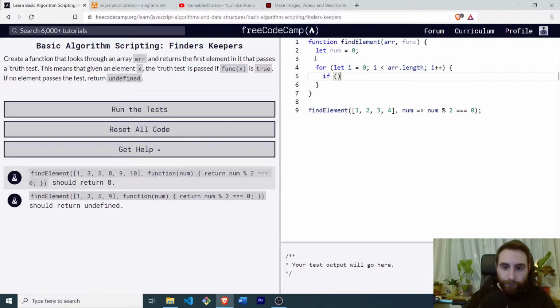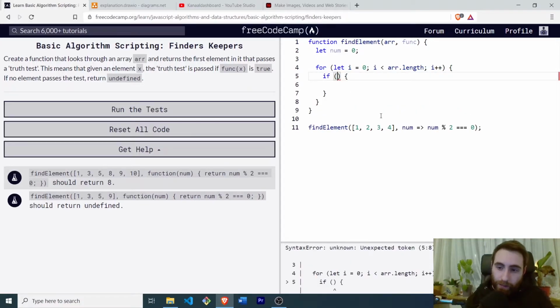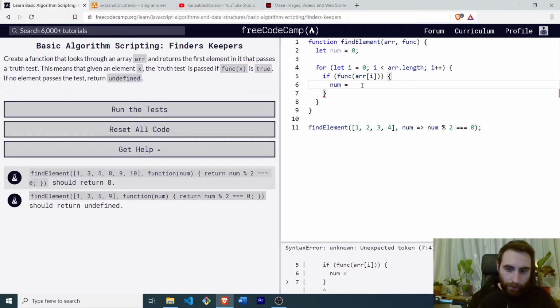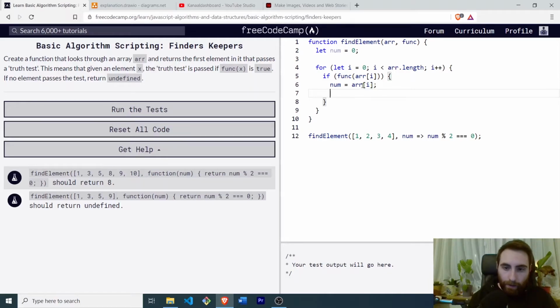And if the condition of the function is true, so we call the function with the argument of the current element of the array, and if that element fulfills the condition, then we are going to say num is equal to the current element, and we're gonna return num as the solution, and otherwise we have to return